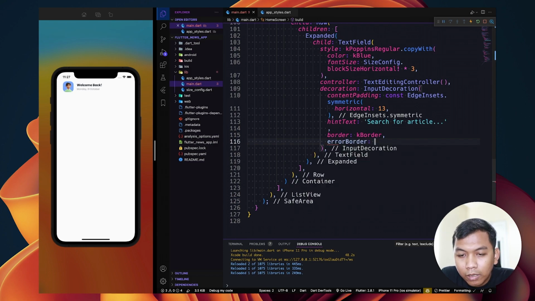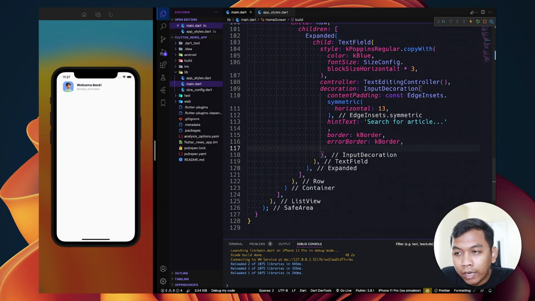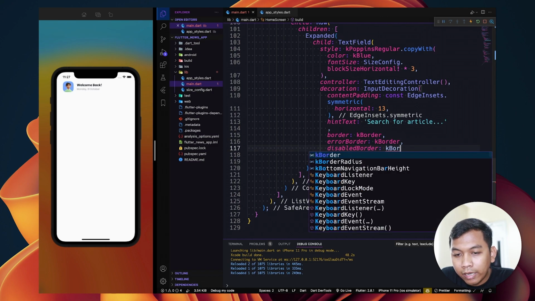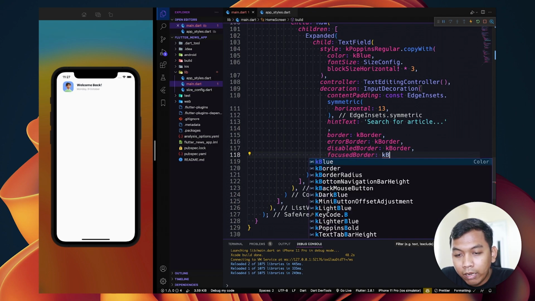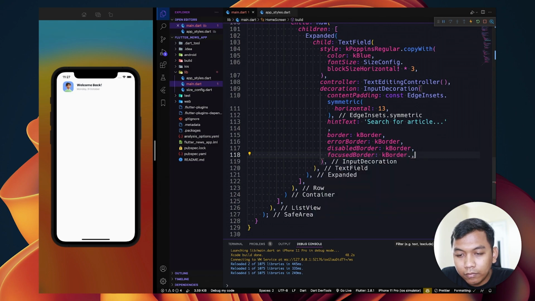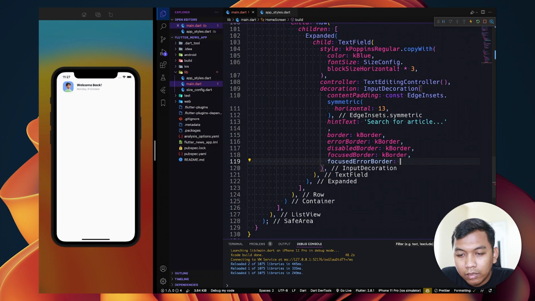Alright, and the error border should be k border 2, and disabled border k border again, and focus border will be k border again, and focus error border k border again.